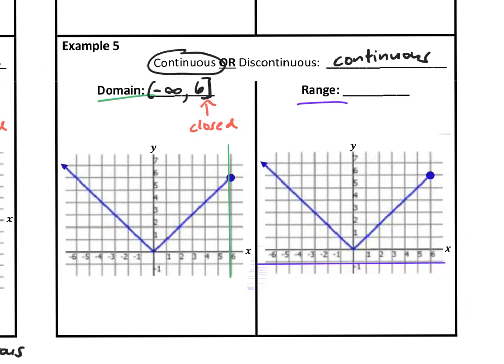As we're scanning, the first time we make contact with the graph is at what y value? Because this is -1, this is 0, this is 1, 2, 3. Where do I start making contact with the graph? We should agree that it makes contact at y equals 0, and it seems to be closed at that location, so I'm going to put a bracket, 0, comma,